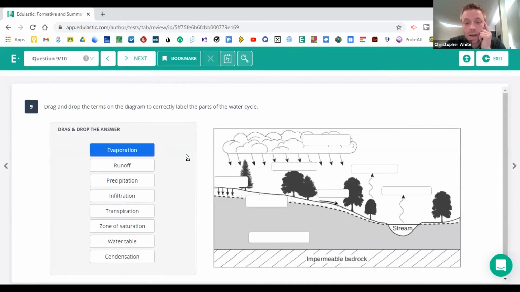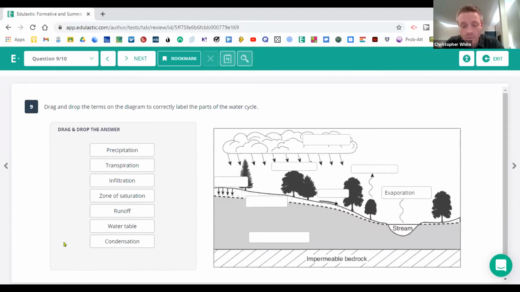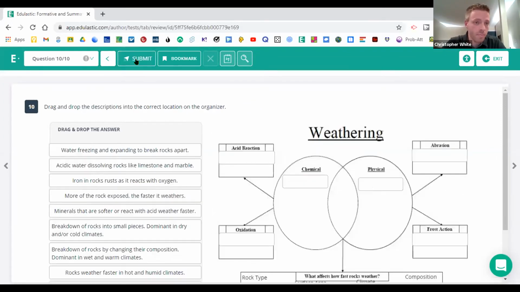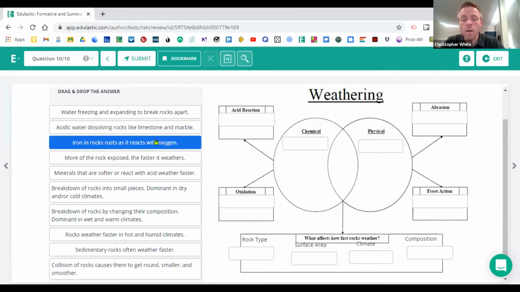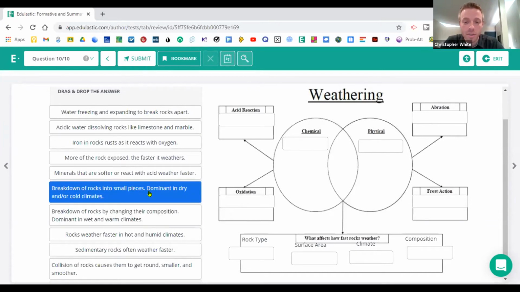Labeling for another diagram like the water cycle is also a great way to show what students know after they've accessed the content. They can definitely assess using diagrams and vocabulary. And also graphic organizers. So I do this every once in a while where I take graphic organizers where students have to drag and drop and label and show more of their understanding about what's different or similar between some of the things that we are learning about, as well as accessing definitions and matching them up with vocab terms.